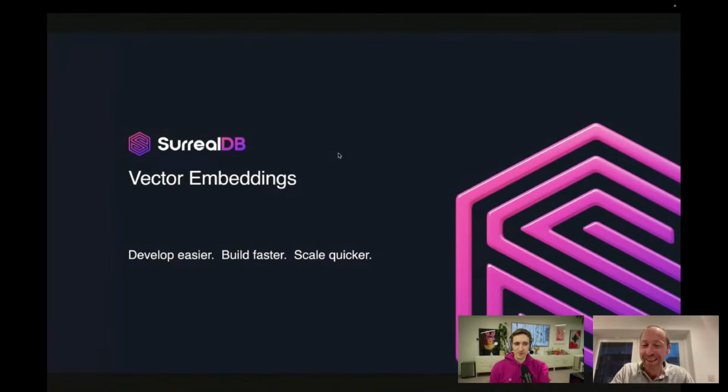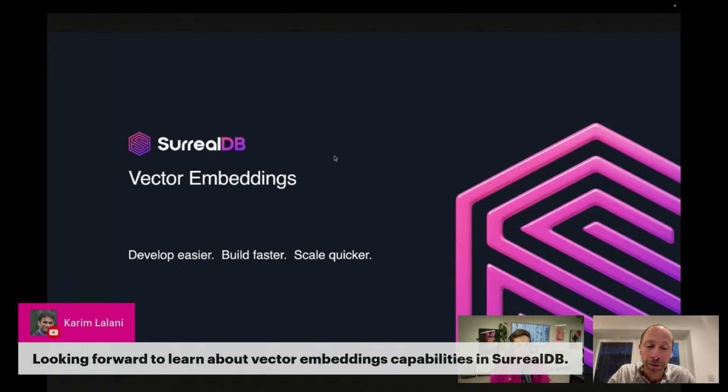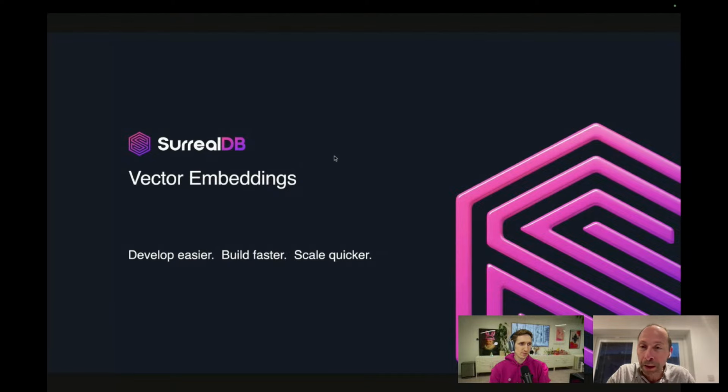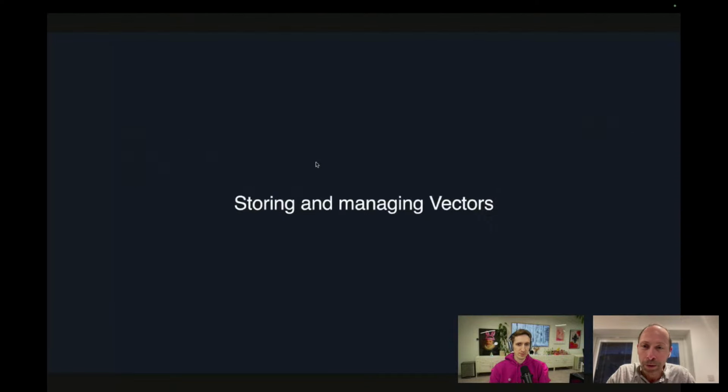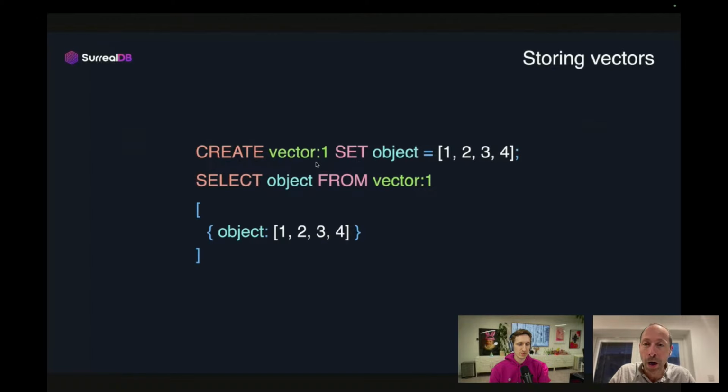So let's start by sharing my screen, and we are going to dive into embeddings in Seril. The first thing I would like to say is it's not new. We already have vectors in Seril, and in fact, what are vectors? Vectors are arrays, right? Arrays usually of numbers. And you were already able to store embeddings in SerilDB. So you are probably already familiar with the syntax that we use to create objects and create records in SerilDB.